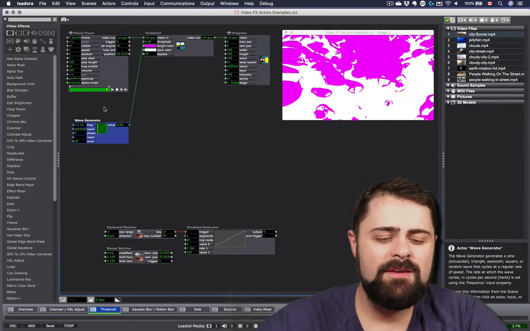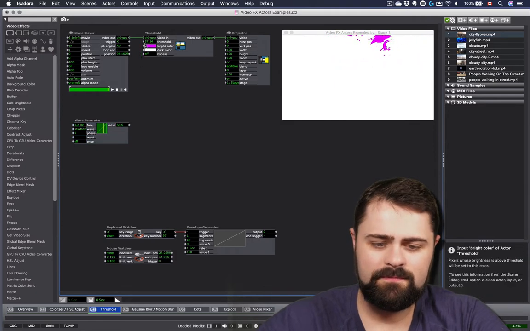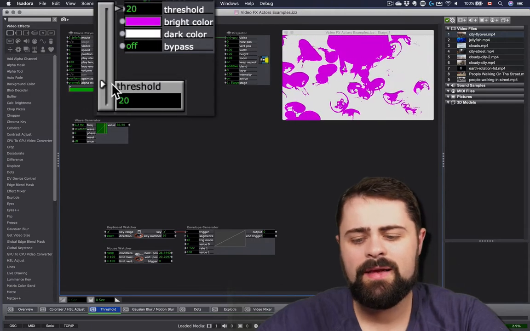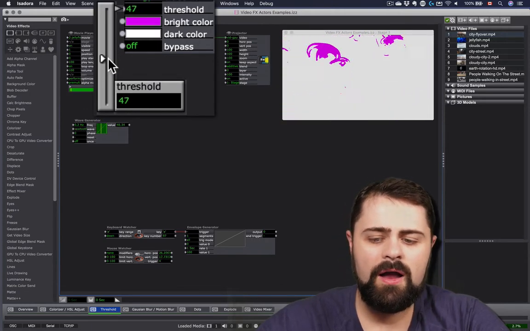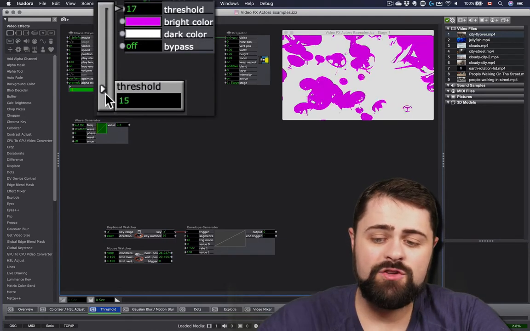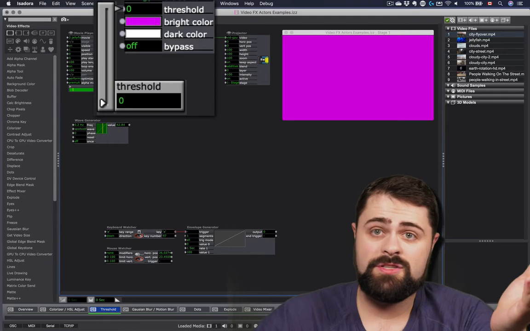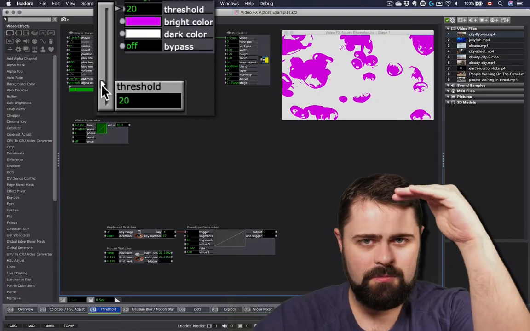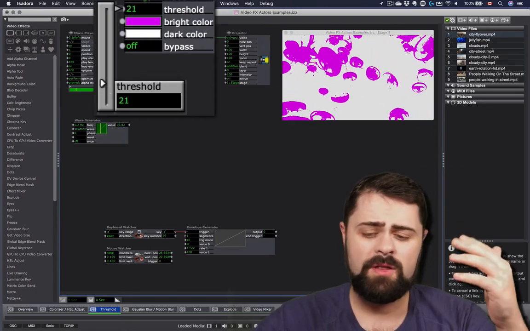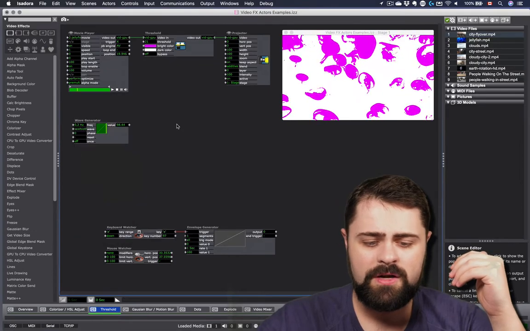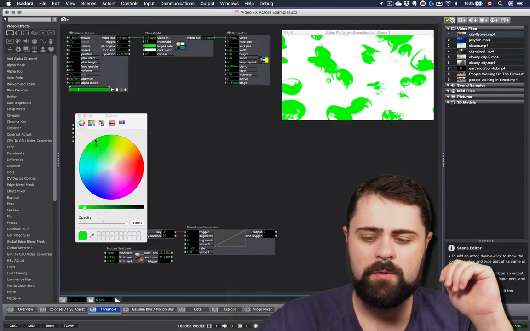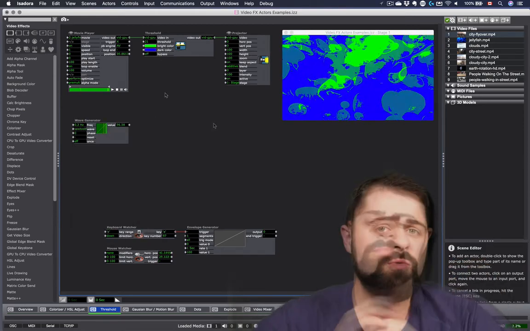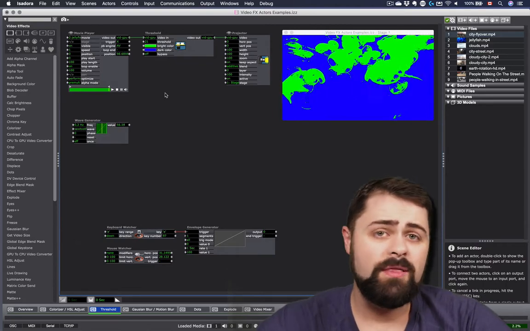Let's slow that down even more so we can see the difference here. You'll notice that with lower thresholds, I get a little bit more of that image appearing. But with higher thresholds, I get less and less. As well as extreme low thresholds, I just get the entirety of the bright color. Once again, that idea of finding an interesting medium between the most extreme edges to produce a visible image. We can play around with the colors here as well, perhaps even transforming one into green and another into an aqua blue. I find the threshold actor is quite compelling when used with live video as well.